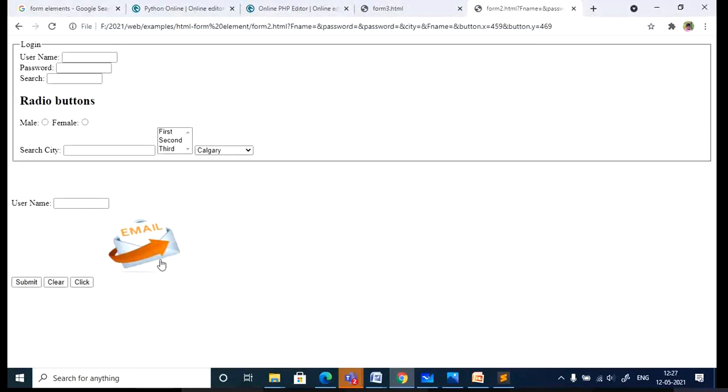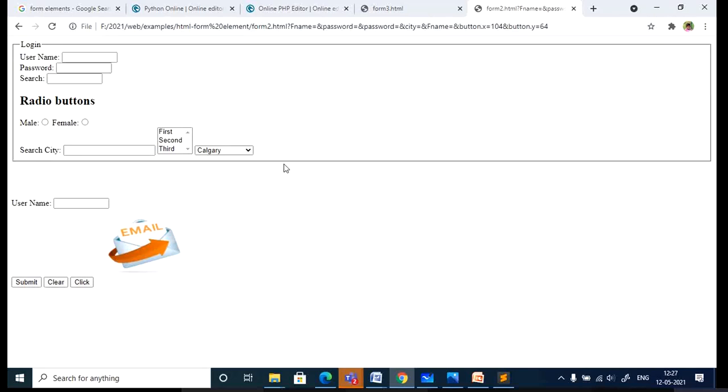Now the image is acting as a button. When you click on this, it will take you to the window where you can send the mail. I'm just telling according to the image, so accordingly you have to put the image, depending on what exactly that button is going to perform. Is it clear? All the four types of buttons.